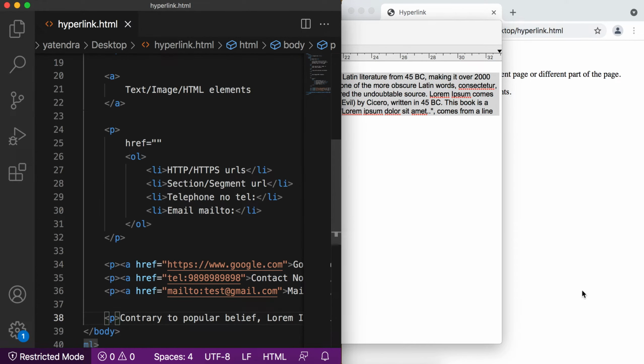Save this file, go here, refresh, and this paragraph is added here. I added this paragraph multiple times. Save this, go to the browser, refresh. You can see these random paragraphs are added and my page has some scrolling now.